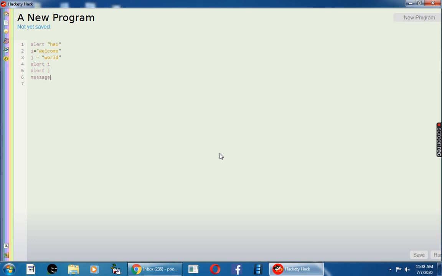I'm using the word message as a variable. Save earth. Right? In alert, what is the variable I used here? Message. But in the next one, the spelling is MESAGE. I'm using the wrong spelling here.